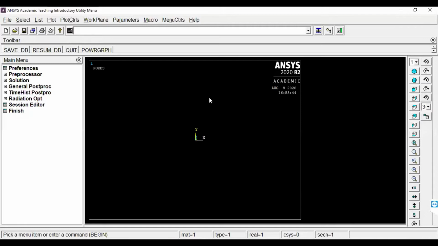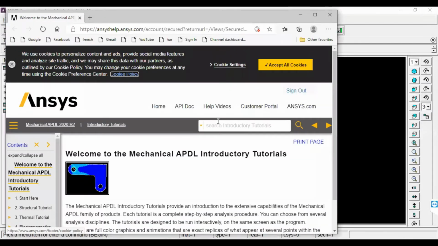Like we can go for first. It will find out in the background. It will show you the results at the front end. The results means only display. If you want to display the results in the form of values or numerical or in other formats also, you must command the ANSYS software for those results.